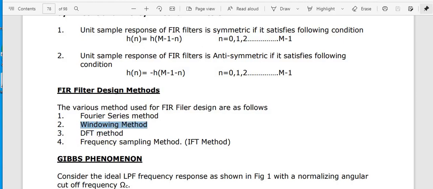Our main concepts of designing FIR filters by using windows, starting from Hamming window, Hanning window, Kaiser window, Bartlett window, nothing but the triangular window. Already in the introduction of the class, in the first lecture of our digital signal processing and application class, I have taught you about it, right? So those techniques we have to use, and by using those techniques we can realize the function as well. So that's what we are saying for that particular answer, that windowing technique is most important and very helpful for us for designing as well. Clear? That's why FIR filters are more realizable.